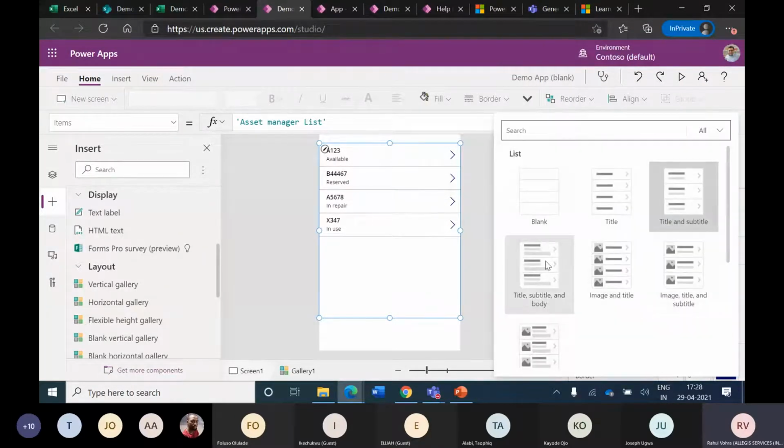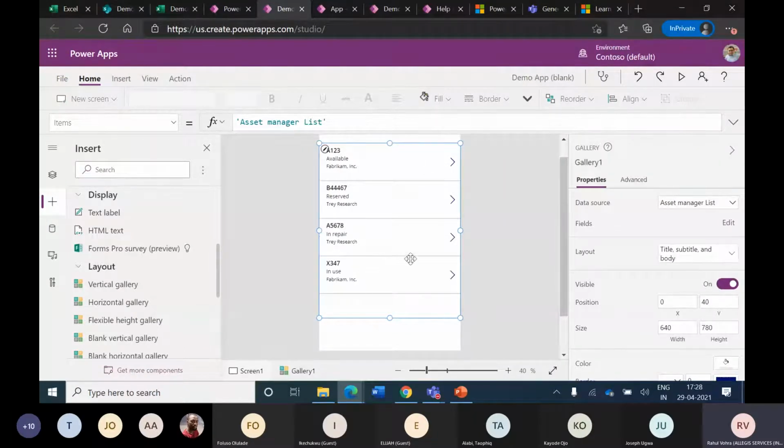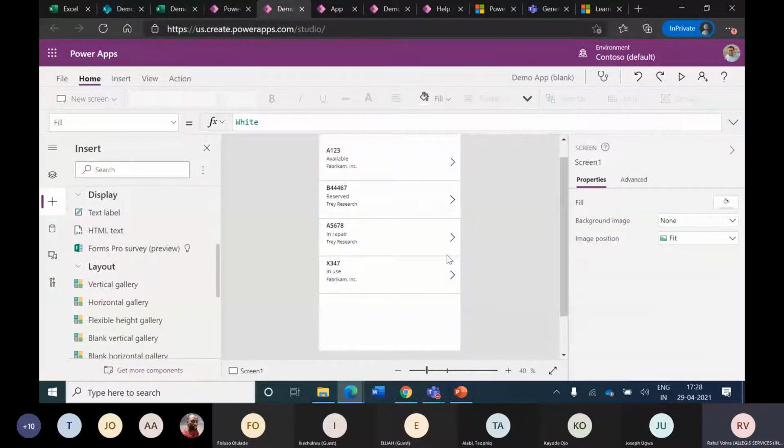Similarly, I can select a detail of my liking, and this is how I can start creating an app from scratch. So this makes it 4 types of Power App creation: one from template, SharePoint list, Excel, and then from blank, which we have seen.